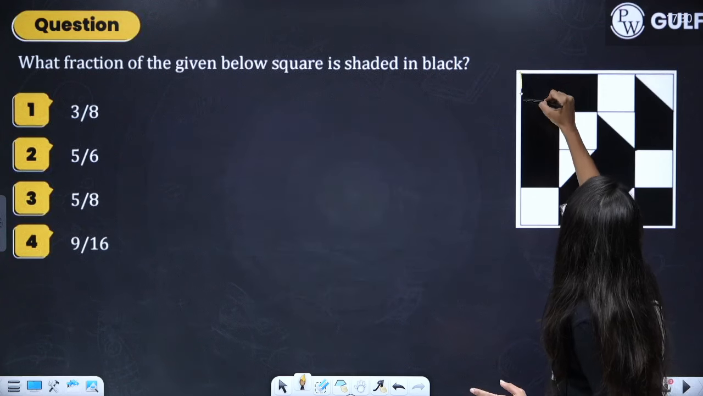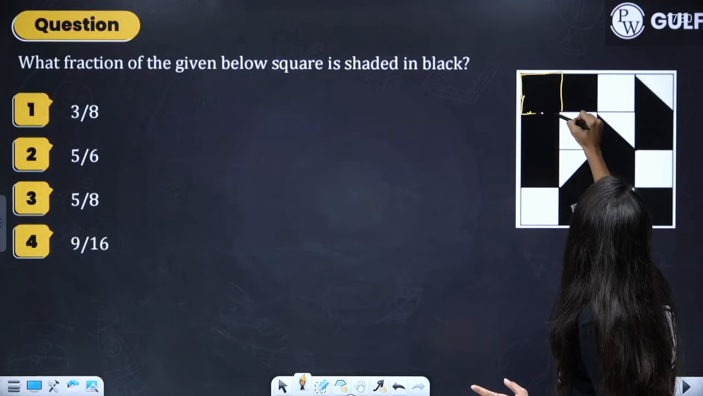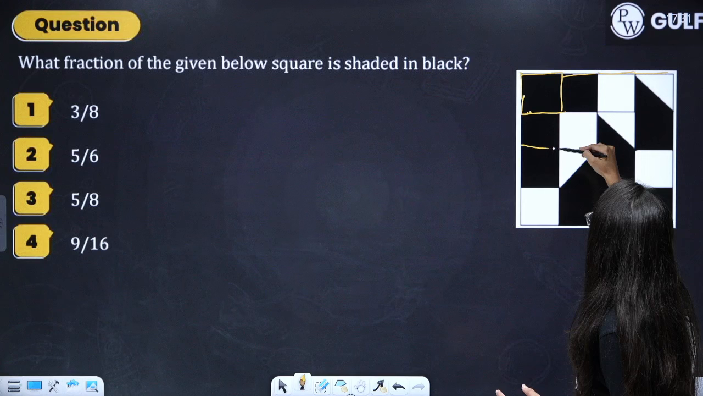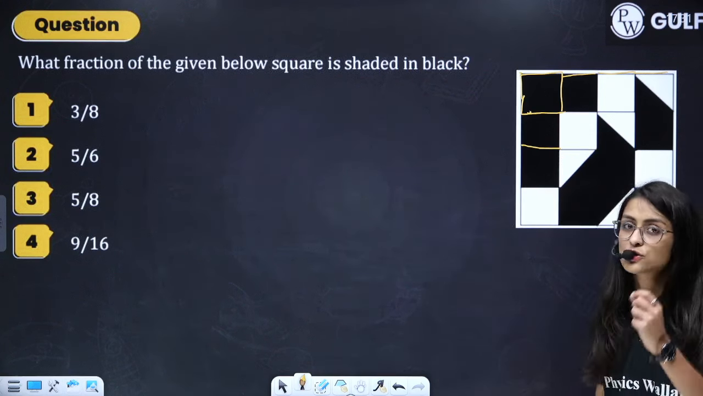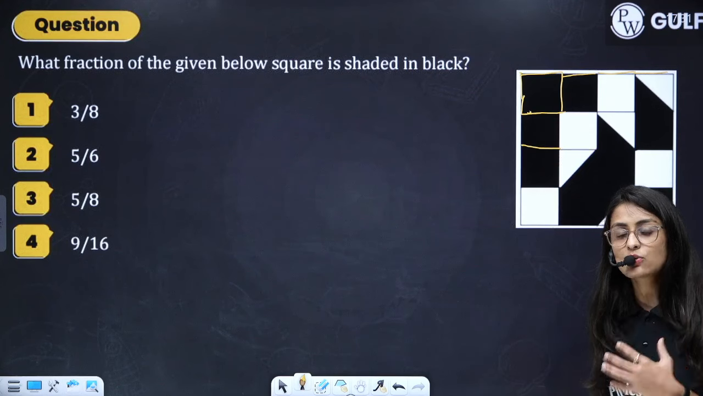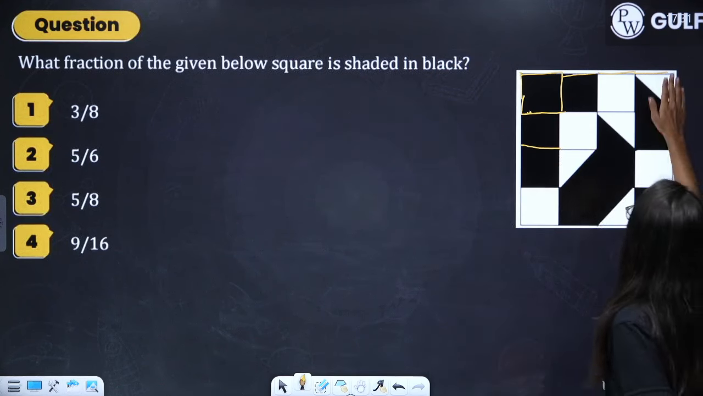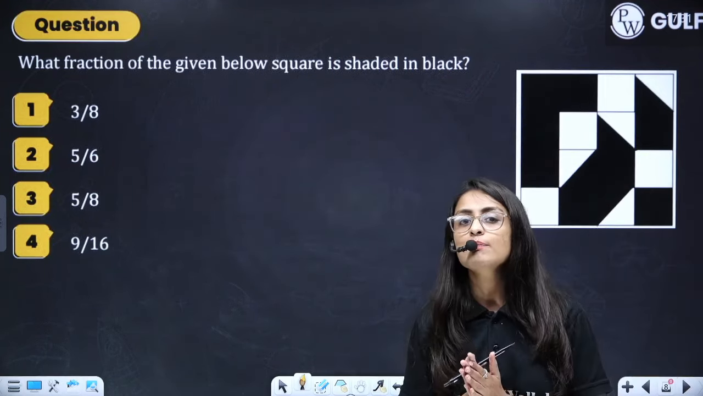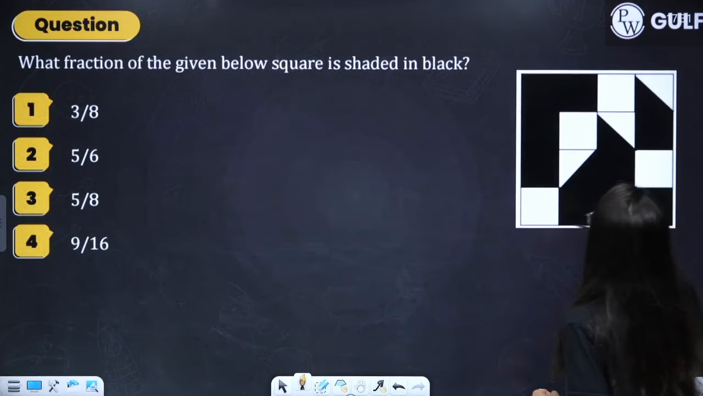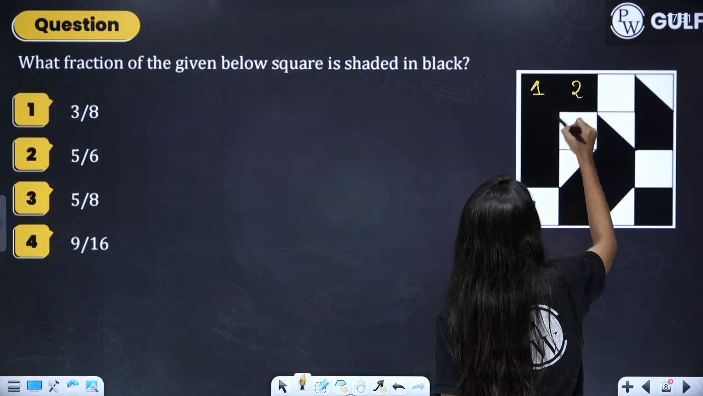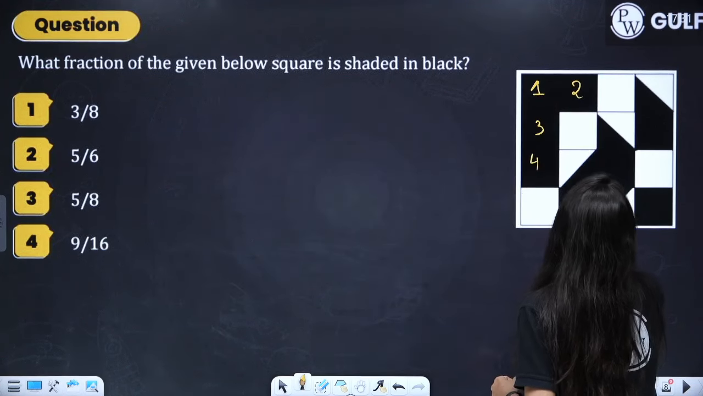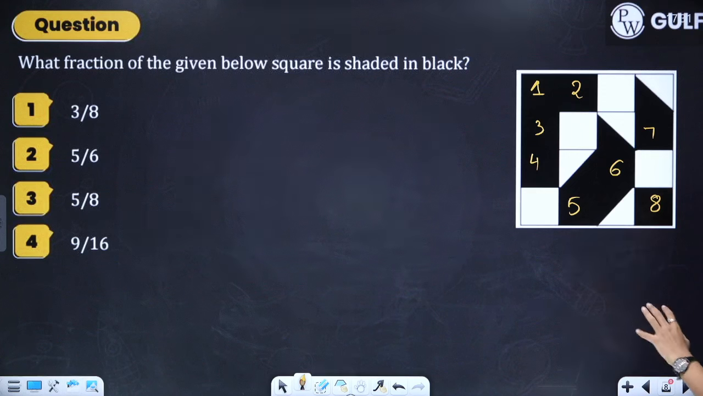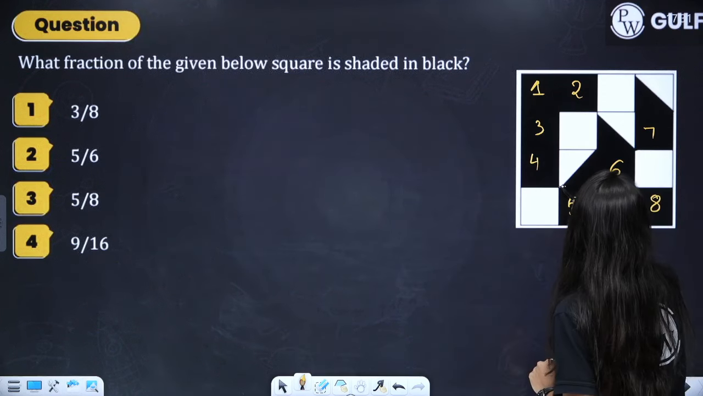I'll tell you how. 1, 2, 3, 4, right? Similarly, 1, 2, 3 and 4, right? So it's a 4 by 4 square which has 16 squares in all. So you just have to check the full squares at first and then partial squares and then add up and check out the fraction. So let us see what are the full squares. 1, 2, 3, 4, 5, 6, 7 and 8. I can observe that this has 8 full squares,